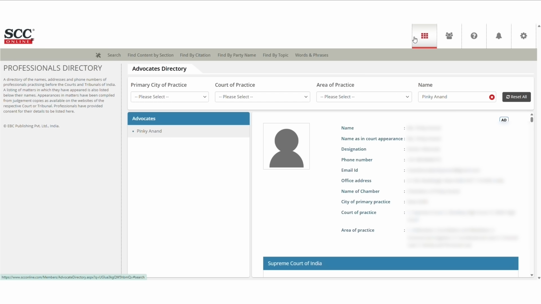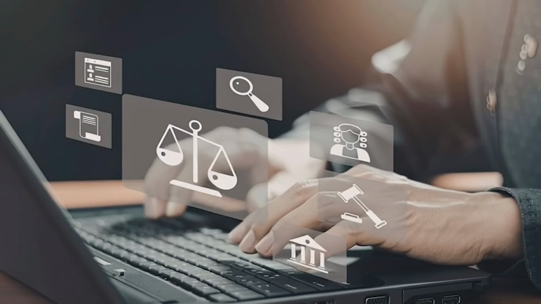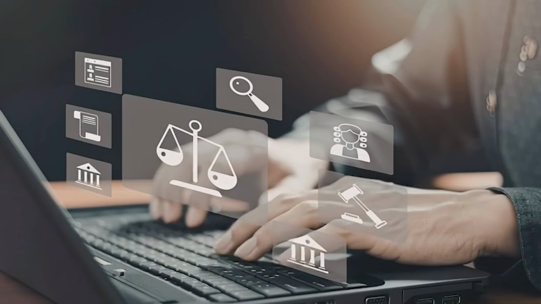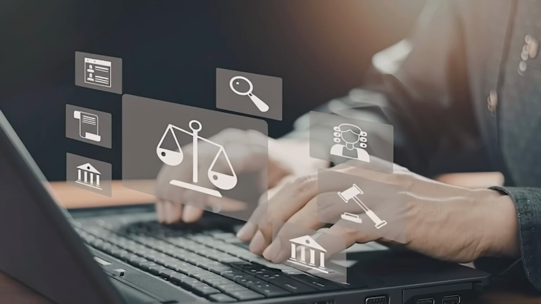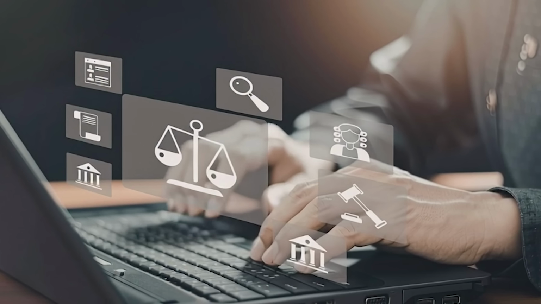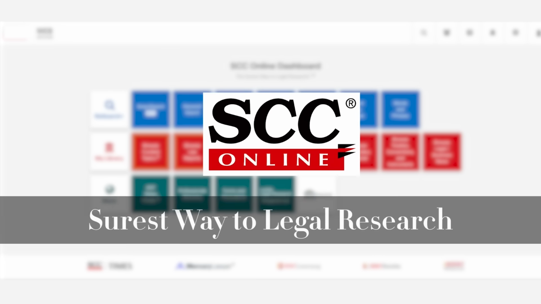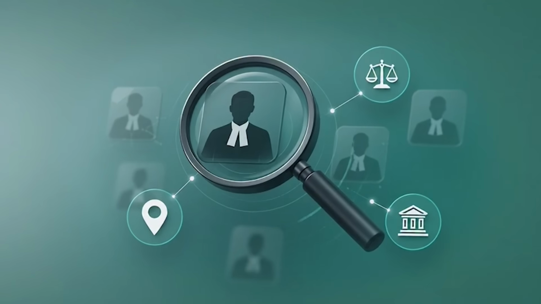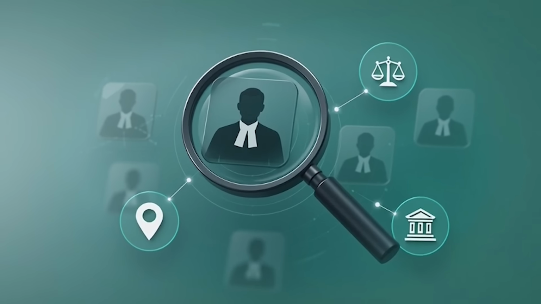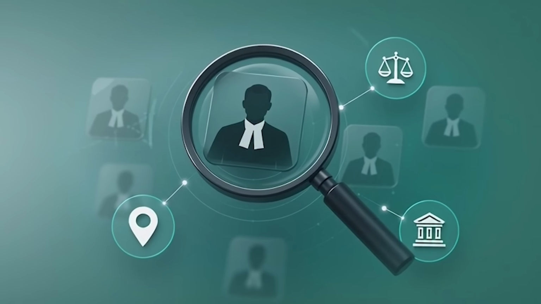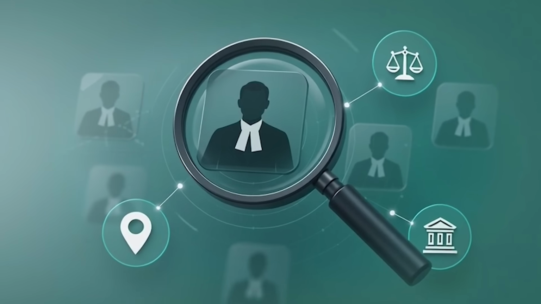We have looked at how a senior advocate or an advocate can register themselves through their account. Now, let us explore how the listing looks to the outside world. Those searching for you, that is. It could be the general counsel or in-house counsel of a company or a law firm or even another advocate who's looking for legal experience and expertise in a particular field. SCC Online offers a powerful feature that allows a user to search for advocates based on their area of practice, city, and court. Let's see how it works.